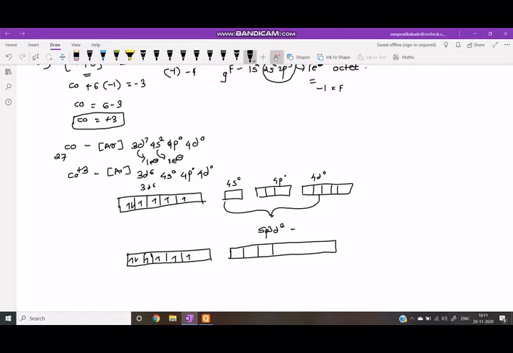Here 6 fluorines each donate 1 electron pair to these empty orbitals of the metal. 1 fluorine donates 2 electrons. A total of 12 electrons are donated, and these 3 empty orbitals are remaining.